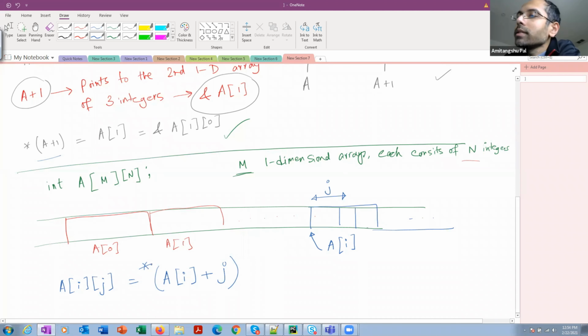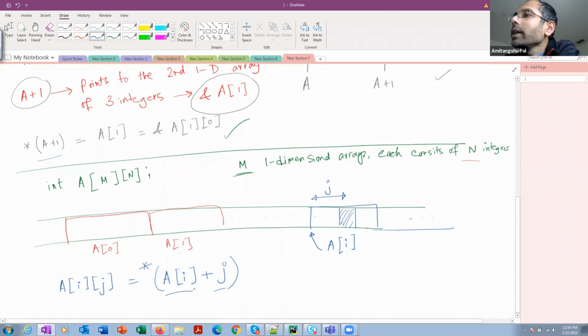Try to understand this very carefully. A of ith row and jth column means first I need to go through the A of I array, the ith one dimensional array, and from the starting location go to j integer position to reach this location. And from that position, I need to fetch the value.